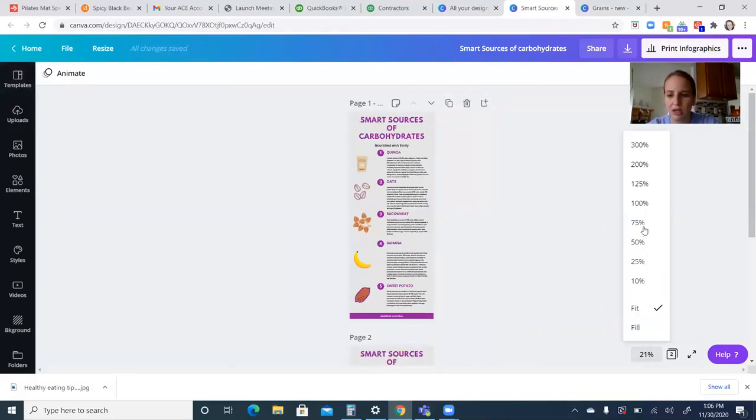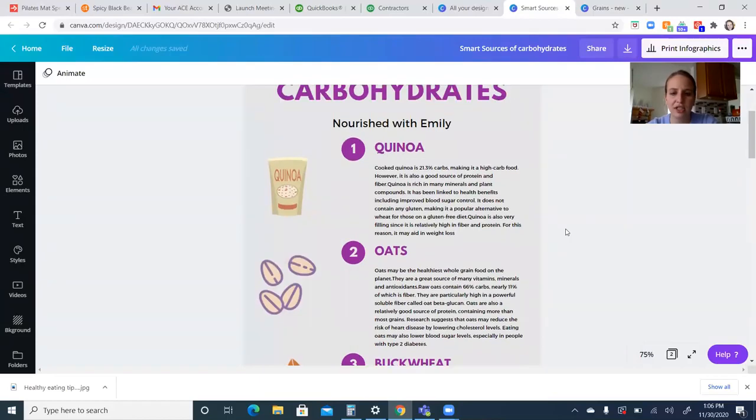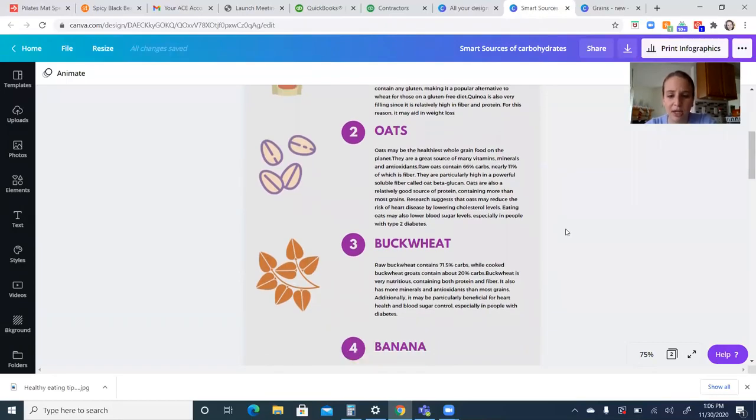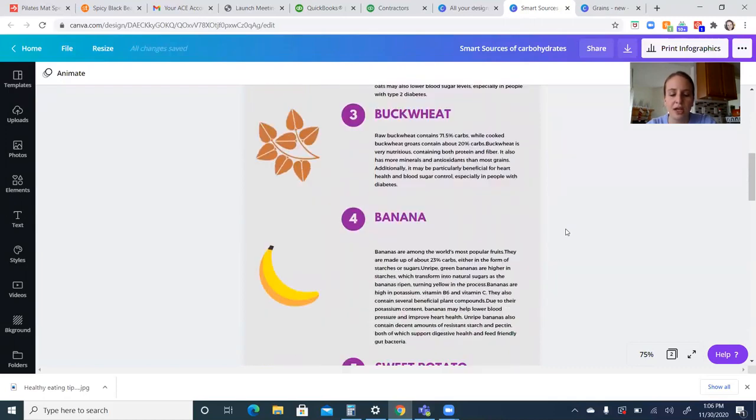So let me get this bigger. All right, so as we said, quinoa is a great source of carbohydrates. 21% of the macronutrients is carbohydrate value. Because there is protein and fiber in there too, it's going to have better blood sugar control than if you were going to eat pasta. Another healthy whole grain is going to be oats, as well as buckwheat. So these items are going to be shared with you also. You'll find these in your Google Drive folder. Bananas are